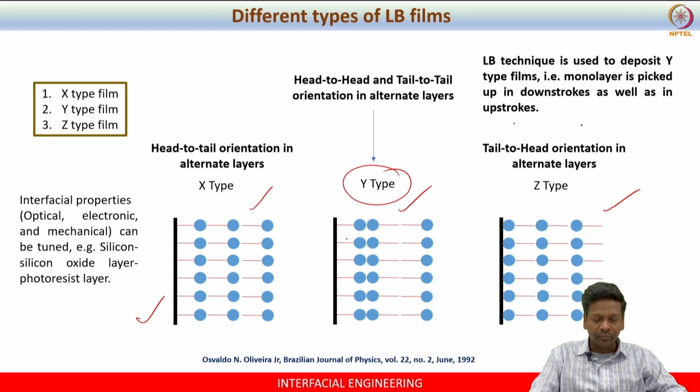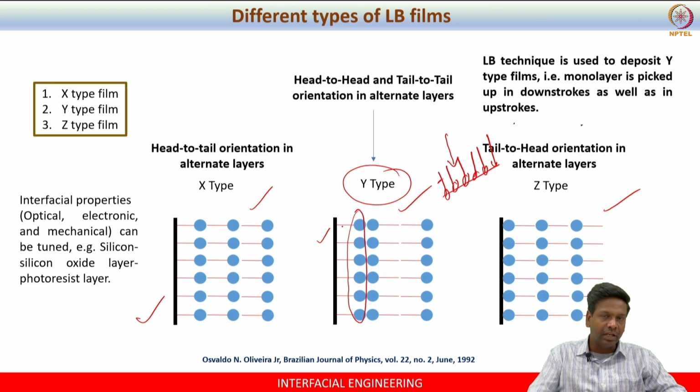Initially, your substrate, if the substrate that you use is hydrophobic, and you perform the dipping, you have the molecules here. When it is pushed downward, because the substrate is hydrophobic, it can pick up this layer, because the tail part is also hydrophobic. You can easily transfer this molecule onto the glass substrate, because both are hydrophobic and will be attracting each other. So in this way you will get the first monolayer, right.